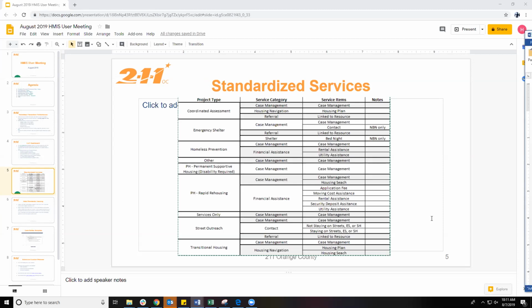So these are mere suggestions as to what could be under a project type and the service items under a service, in hopes that an agency, if they're setting up a new project or a new service, can get a little bit more guidance as to what that might look like for them. But it is going to be ultimately up to the agency to decide what they want to include. It just gives them a starting point.